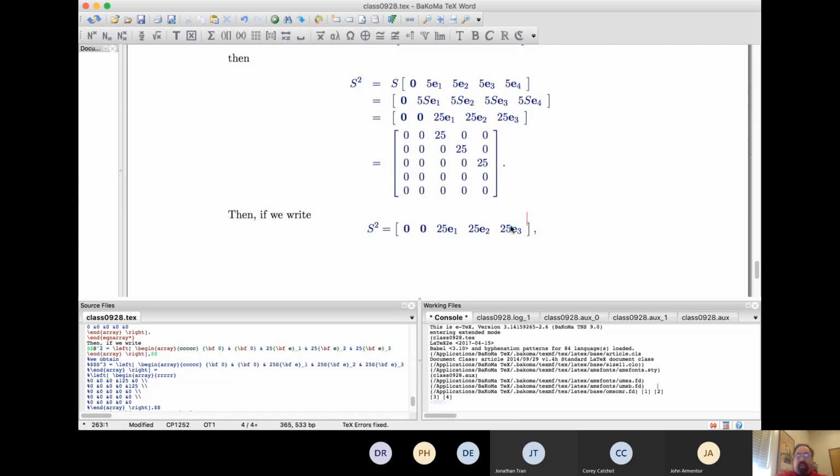So I can write S squared in the same way. Here we have first column of identity times 25. Second column, third column times 25. And then 2 columns of zeros to the left. So then I can